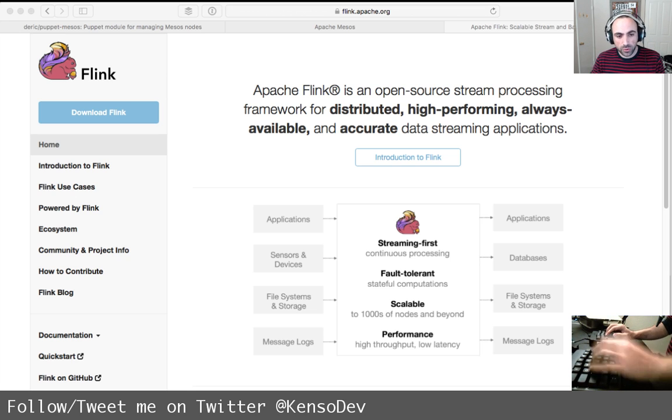Flink 1.2 was released with full support for Mesos. So what I want to do is install Mesos, configure whatever we need to configure, and then work with Vagrant in order to have a local install of that.